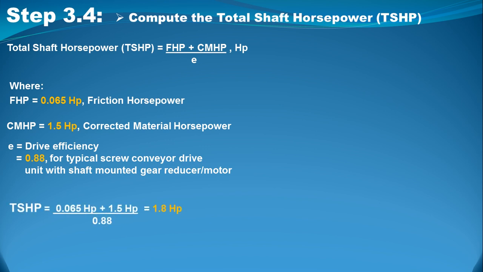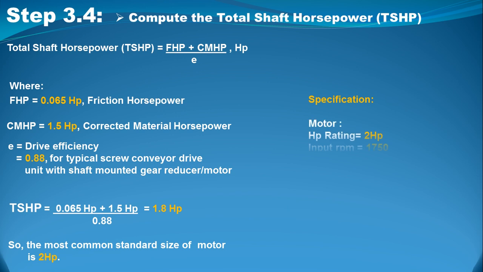So therefore THP is 0.065 plus 1.5 divided by 0.88. The resulting is 1.8 horsepower. The most common standard size of motor is 2 horsepower. So the specification